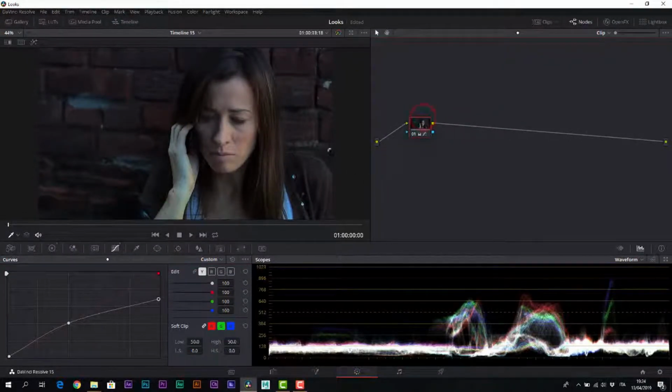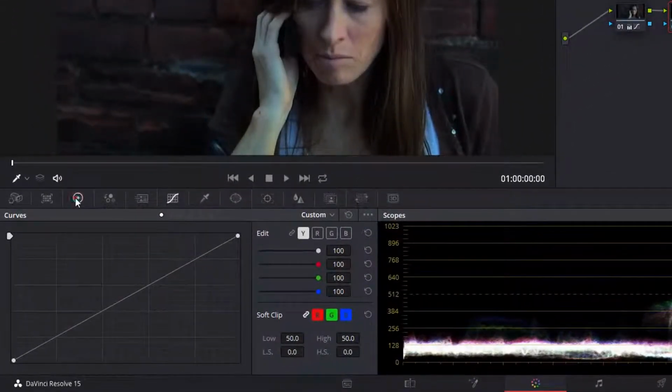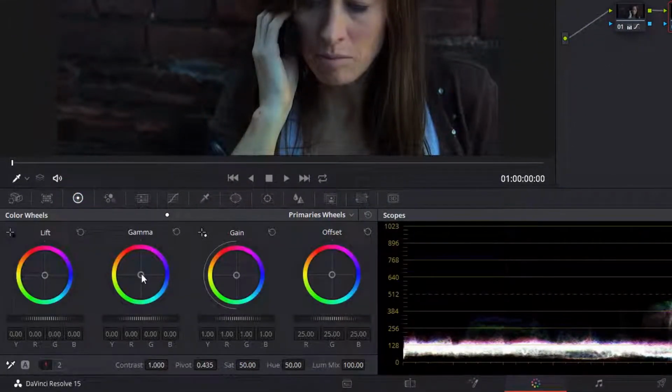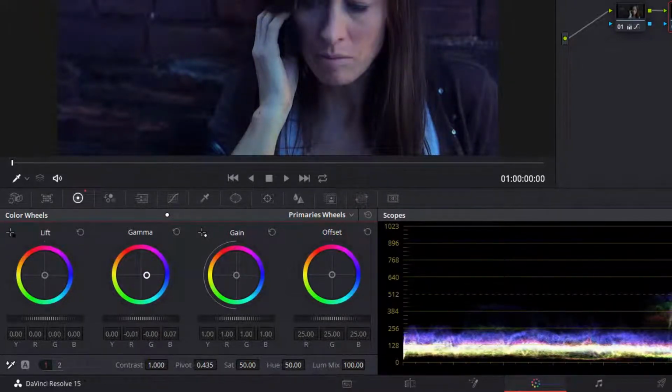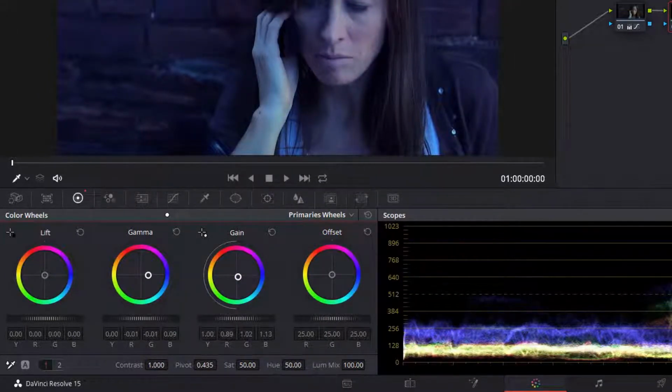Once we have fixed the base of our shot, we add a serial node where we perform the color shift. For the chromatic shift, we push the gamma towards blue and the gain towards a not so intense shade, more towards a cyan and in a slightly more delicate way. So we push the gamma strongly and noticeably to the right, while we push the gain a little less and lower down.